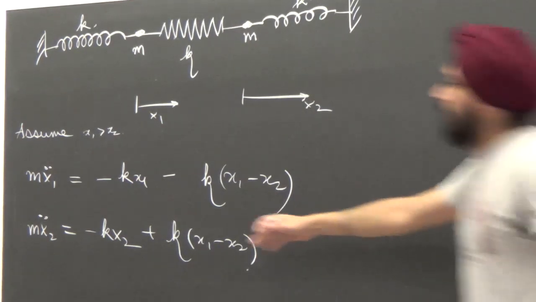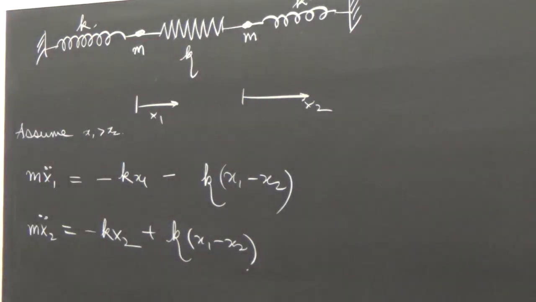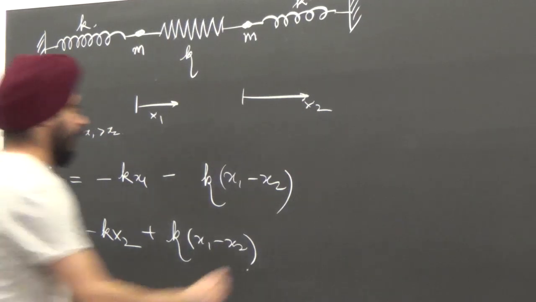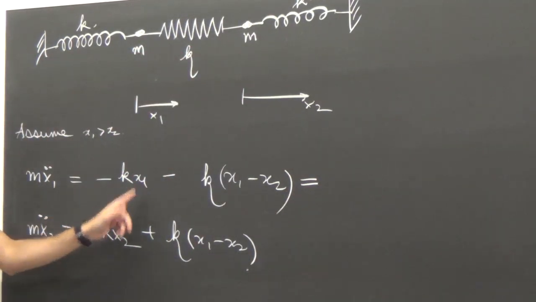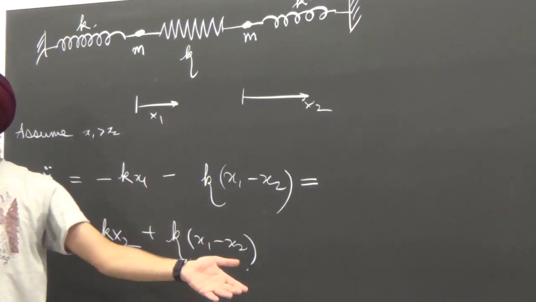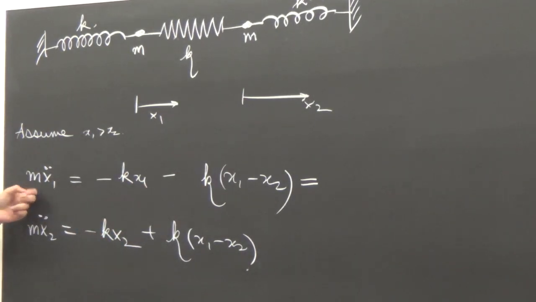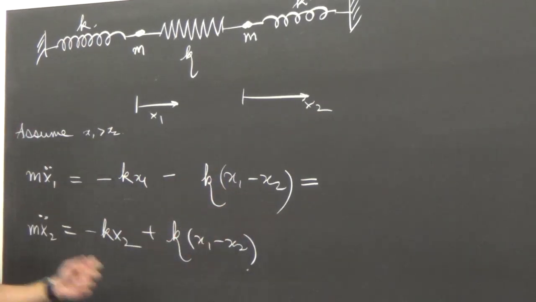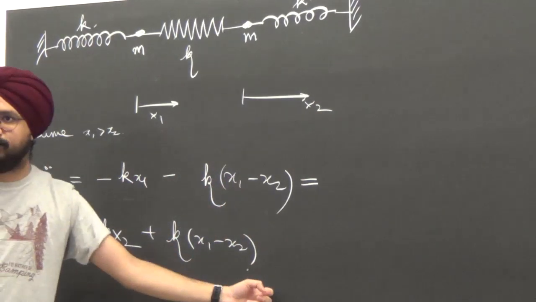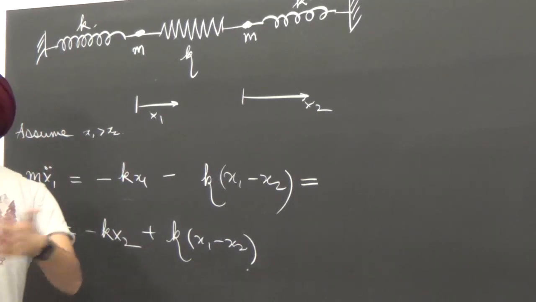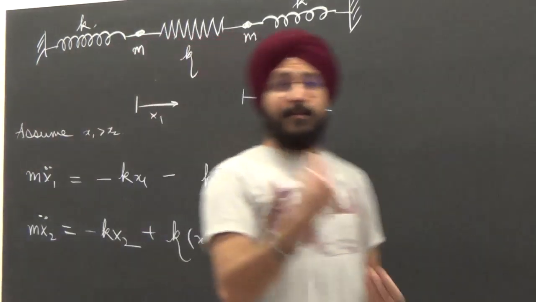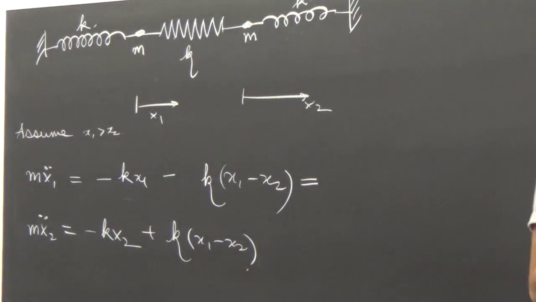So where am I? I have these equations now. Two particles, two equations. We barely started, but okay. And as you notice, they're linear equations. They depend on the first powers of x1 and x2. The equation for x1 double dot depends on both x1 and x2, and x2 depends on both x1 and x2. They're coupled. So what you can do is try and write them in a more suggestive way. Combine the variables.